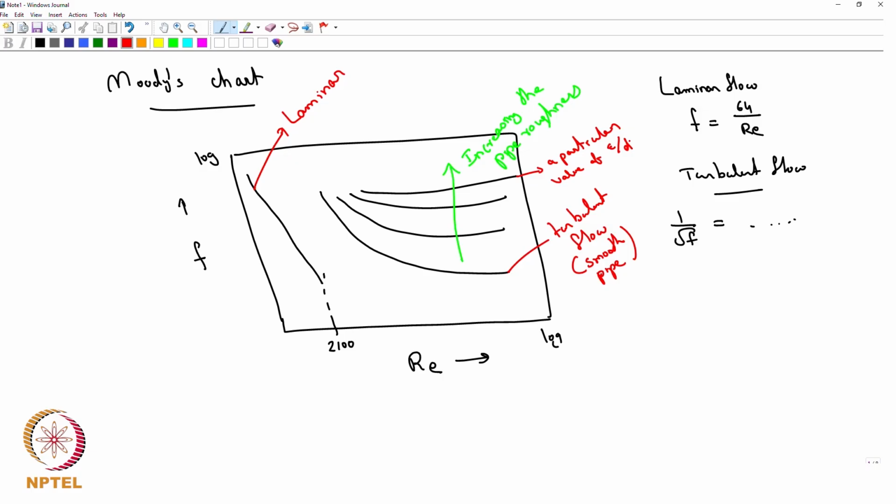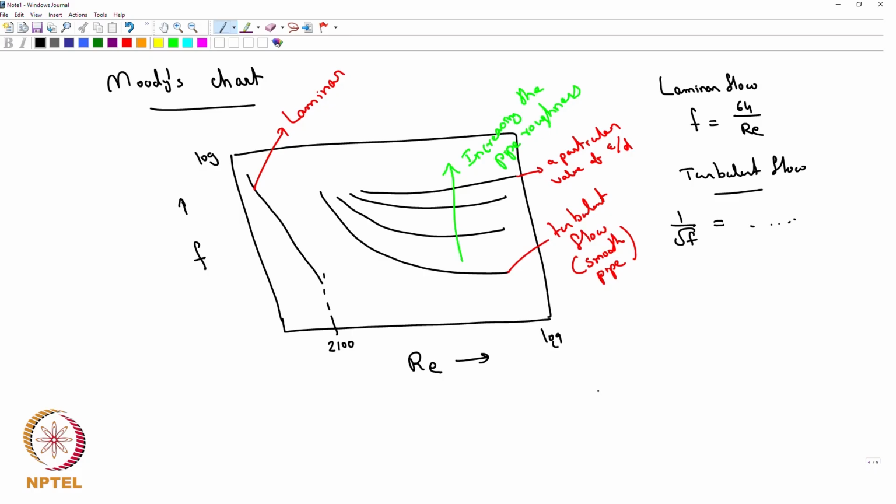So such a diagram becomes very useful because then you don't need to remember any correlations. Just use the given Reynolds number, look at your friction factor and use it for your design. All the calculations that we have done in the last few classes are compiled into such a diagram. People have tried to come up with relations bringing everything together. One such useful expression, if you do not want to use